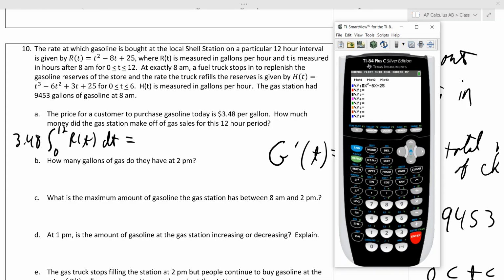I'm going to put in the other one, h of t as well, is x cubed minus 6x squared